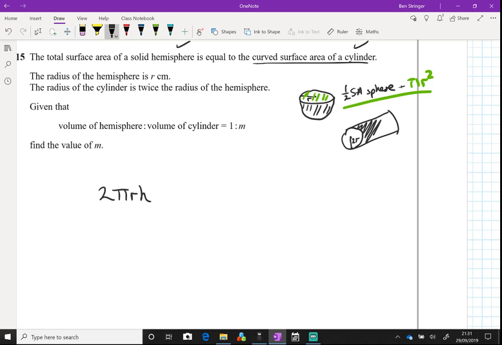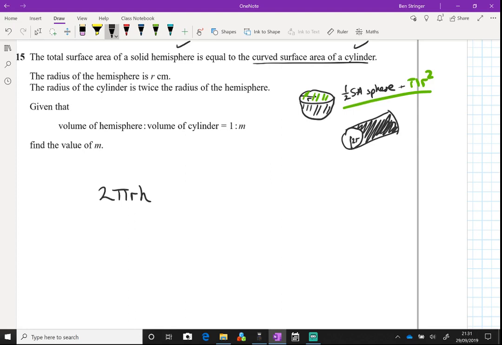It's not talking about the end bit, so we've not got that. The total surface area of a solid hemisphere, so that's definitely including the circle as well as the curved part, is equal to the curved. So you've got to be really careful not to add on 2 pi r squared to this one for both circles on each end. So that is equal to,